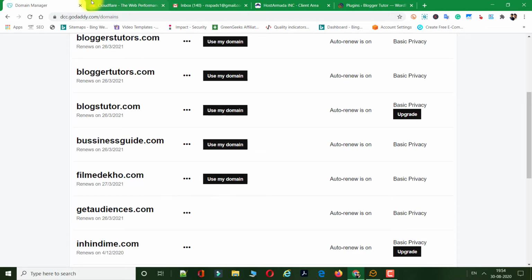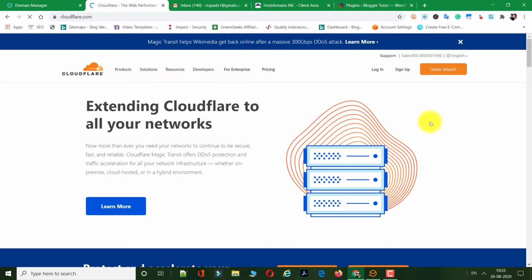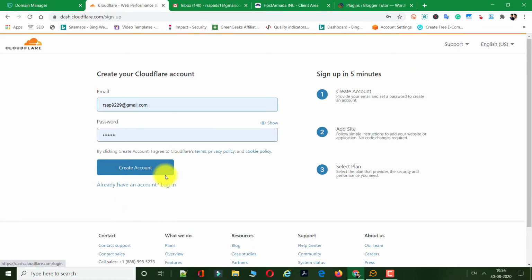So firstly let's create the Cloudflare account. So yeah, here we are on the Cloudflare homepage, and now you need to click here, sign up. When you click on sign up, you will see a form for creating an account on Cloudflare. So firstly we need to create a free account on this Cloudflare website so that we can use it as our CDN. The most important thing about Cloudflare CDN is they offer free CDN for your website. So you need to create an account.